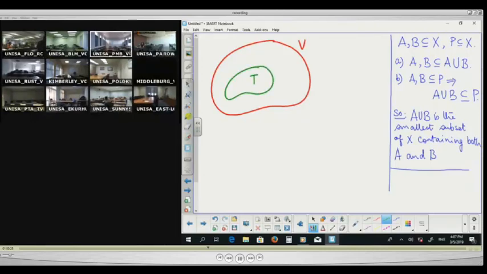To make it proper, let me say that the 0 is here. It is not a subspace. The whole question is, can I find a subspace? So the question is, does there exist